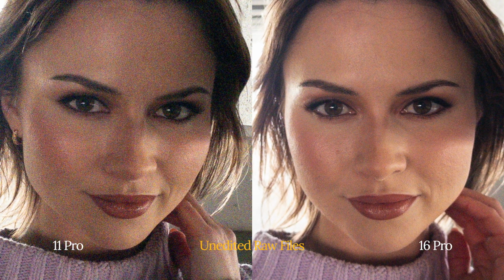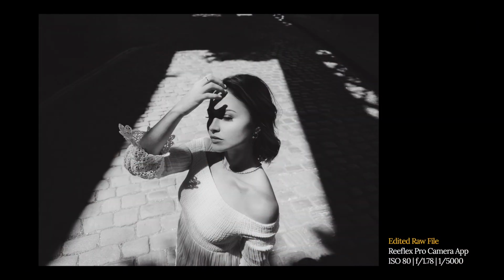So to answer our latest question, the lower the light and the higher the ISO, the better the 16 Pro's RAW files will look compared to its older siblings. Personally, I don't shoot in these conditions, but I do enjoy using light and shadow, so I've definitely benefited from cleaner shadows. Plus, cleaner high ISOs will give you an extra hour or so of shooting when the sun gets